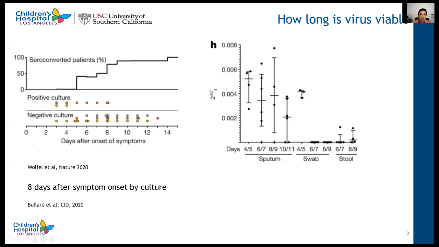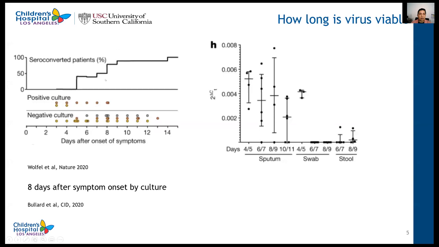And from sputum, it went up to a maximum of day 8. So really no live virus was isolated beyond day 8 of illness. And this was only from 2 samples, the sputum and the nasopharyngeal swab. Despite other samples like stool, serum having really high viral load, live virus could not be isolated from any of these